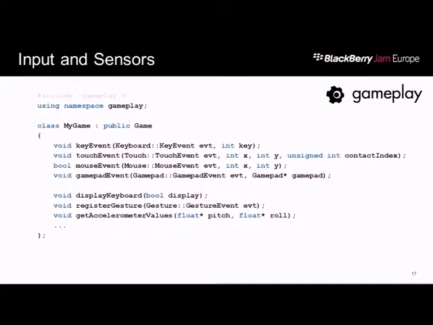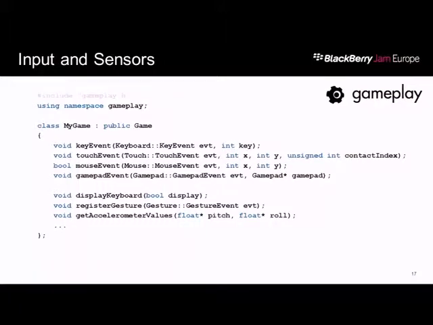So if you want to handle input and sensors, there's more methods than this as well, but these are kind of simple ones. So these are going to be methods that you override. If you override the mouse event, you can return whether you want it to also be handled for touch events, because sometimes you want it to react the same, so you might as well just have the same implementation. But BlackBerry is a good example: you can actually attach a Bluetooth keyboard and mouse, and you can play your game with an actual keyboard and mouse, which is awesome. So we support that, of course, so that you can sit on your couch and play your game on your BlackBerry and attach it on. And I'll show you a cool demo later for that.